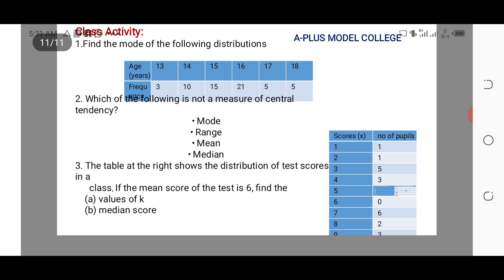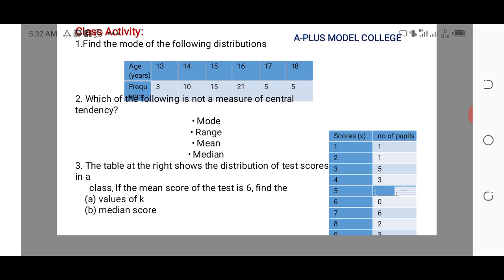This is a class activity that I want you to try to work upon. Find the mode of the following distribution. The first one, the ages 13, 14, 15, 16, 17, 18, and their frequencies. The question is to find the mode. And the second question says you should find